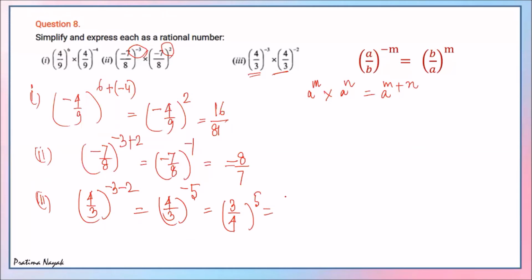So how much will it be? 3 power 3 means 3 into 3, 9, 27, 81, 243. And 4, 5 times. 4 4s are 16. 16 4s are 64. 64 4s are 256. And again another 4 I'll multiply. 4 6s are 24, carry 2. 4 5s are 20, 22. 4 2s are 8, 10. So it will be 1024.